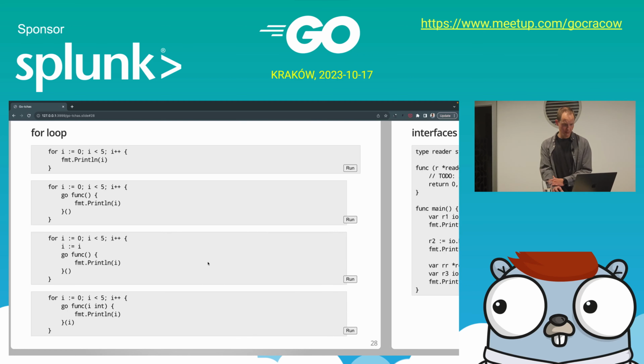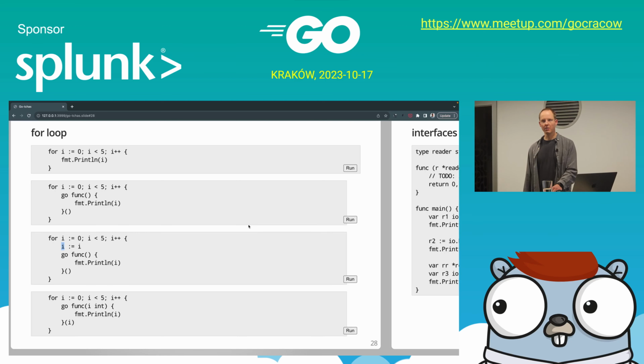So the common, not fix, workaround for that is to shadow basically an iterator and create a local copy. In this case, this i is the actual iteration scoped value holding sequential values of i from the outer loop. The other way is to pass it by argument. That is also a valid solution, but hardly readable in my opinion. I like, none of them is good. So